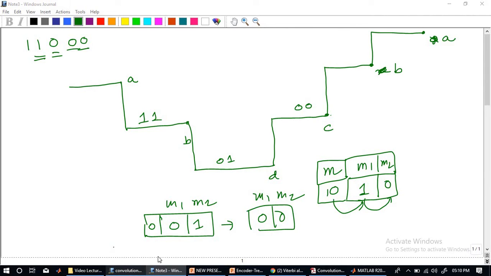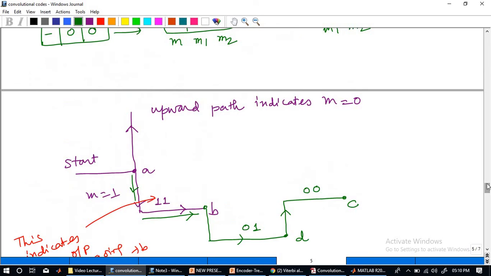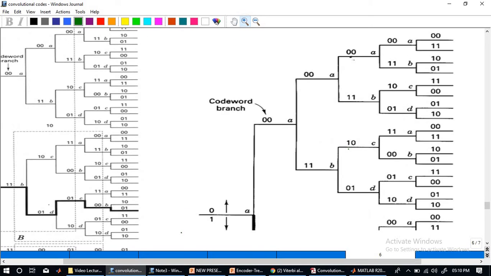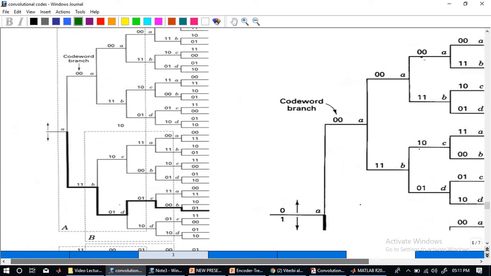And based on that, what I did actually, forming this, we can have a detailed look at a table, or I think I can zoom it a bit. If you can track this, the bold line indicated on the left hand side figure is the direction in which we are moving. As you can observe, after a certain period it is repeating, especially the third stage. It's repeating everything. These are all the corresponding outputs, and these are all the states. See here, this is A, this is B, this is C, and this is D.